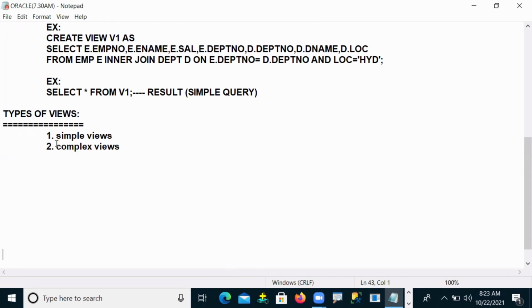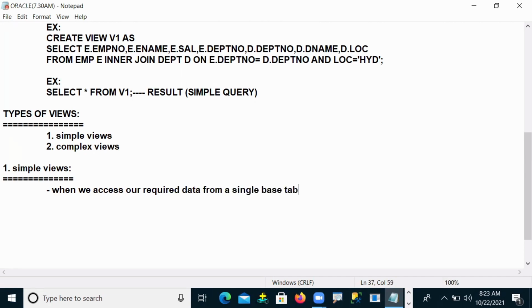First we will discuss, guys, the simple views. A view is called a simple view when we access our required data from a single base table.